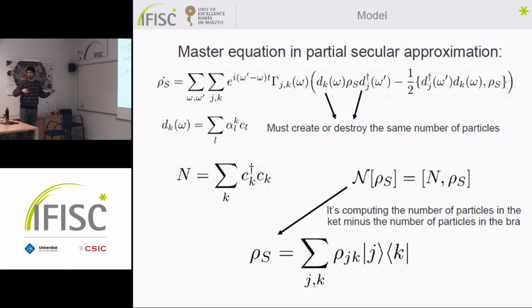And I get something. And now I do the reverse. I apply my master equation, so the Liouvillian superoperator, on the state, and then I apply n. Does it change the value? Well, the point is that if they create or destroy the same number of particles, here it's creating a particle in the ket, for instance, but this thing is creating another particle in the bra. For instance, +1, +1. So when you compute the number superoperator, it's the difference between these two. So it doesn't change this difference. The number is still the same.